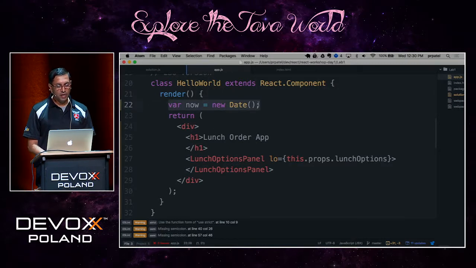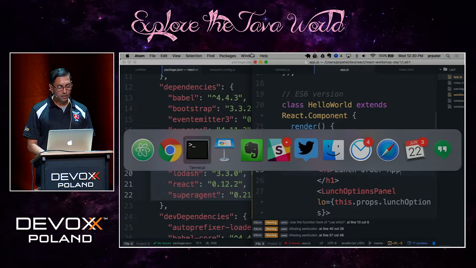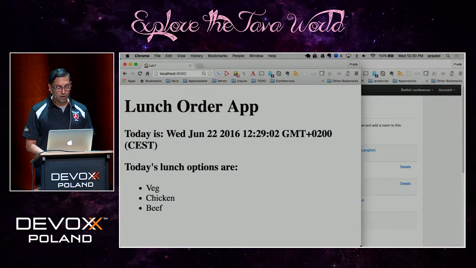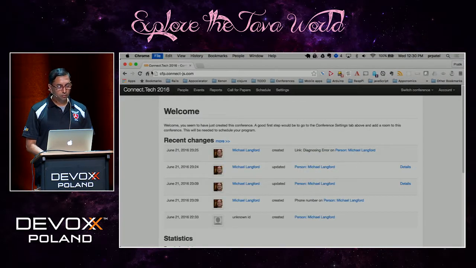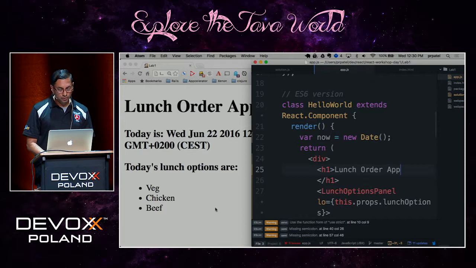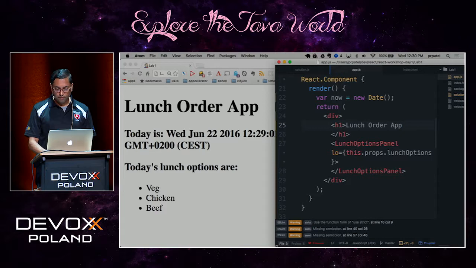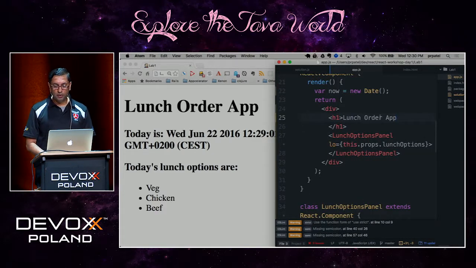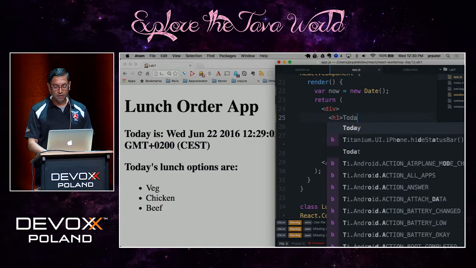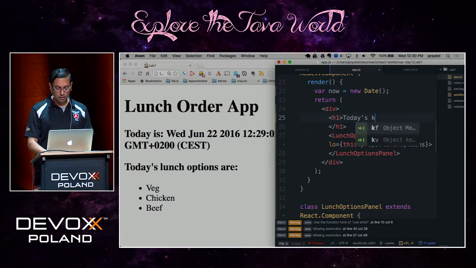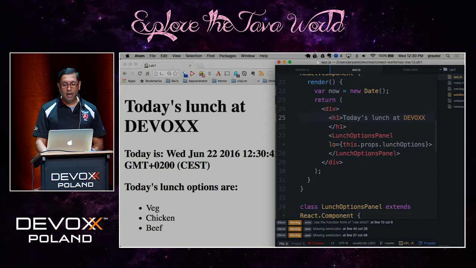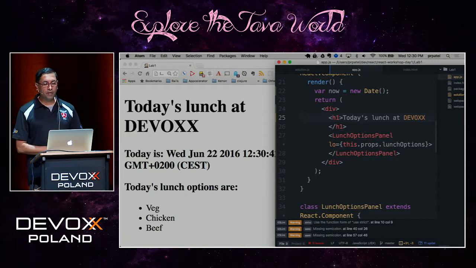You can see var now = new Date, lunch order app, and if we go into here and make a small change, let's get this web browser next to it here. Okay, we'll try to get our code and everything on the same view. Okay, so we can say lunch order, or let's just change this to say today's lunch at Devoxx. Okay, so we'll go save that, and you can see that we've affected that change in the